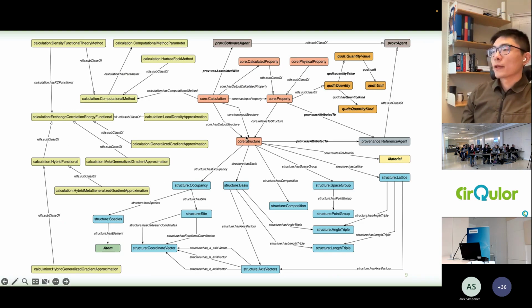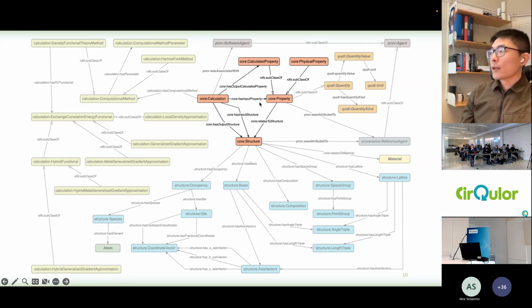This figure shows the concepts and the relationships within the Materials Design Ontology. There are four different modules in the ontology. In the middle is the core module, which contains concepts such as calculation and structure that are also used in other modules.